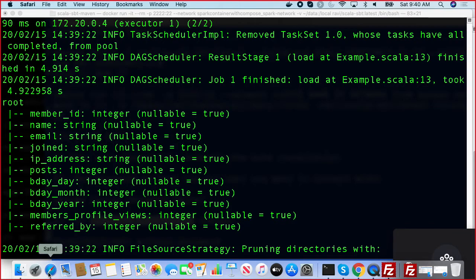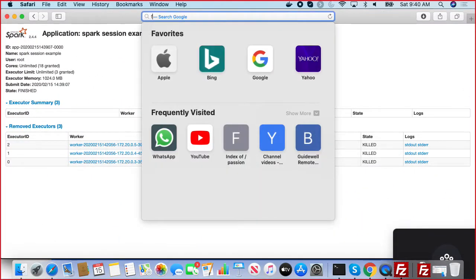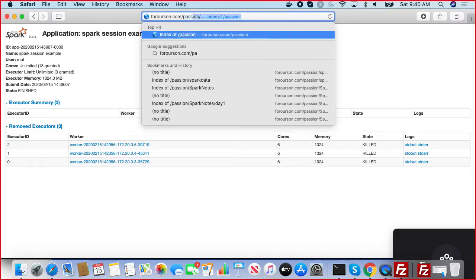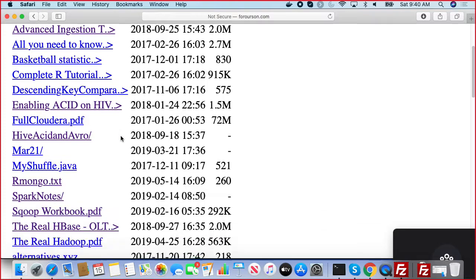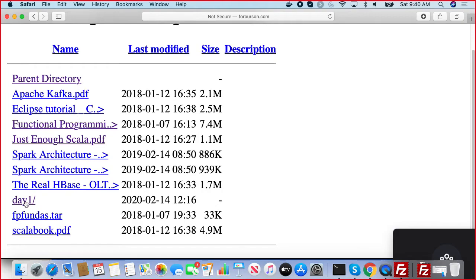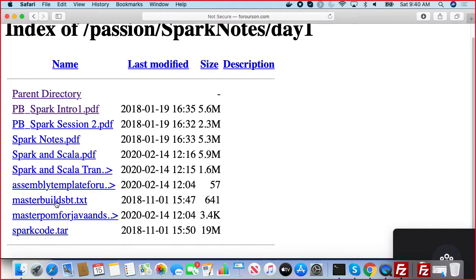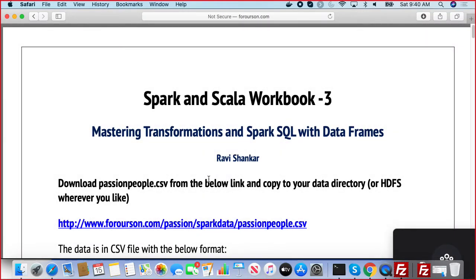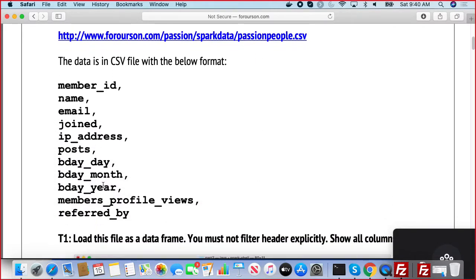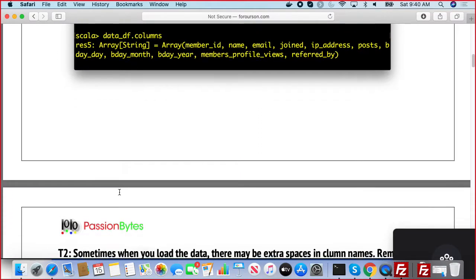What you can do is go to forourson.com/passion, and press enter, and then go to the Spark notes, which is almost on the top, and inside the Spark notes go to day 1. You will see the master build.sbt template if you want to refer, and there is one more called Spark and Scala, the part 3 workbook. Inside, passionpeople.csv we already created, and it has got all this data,